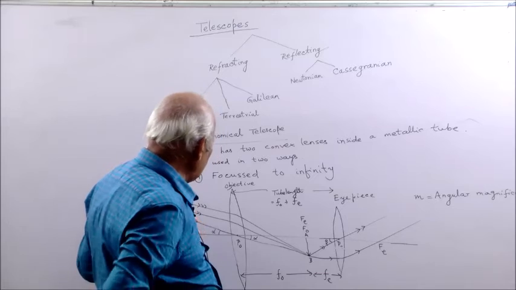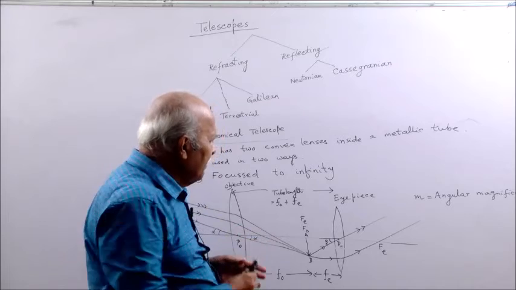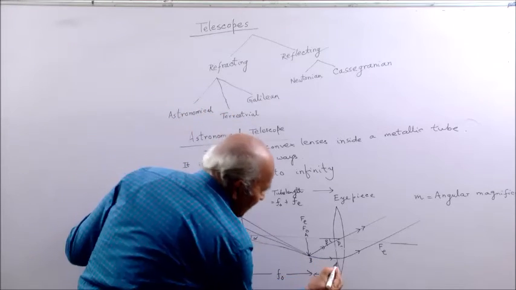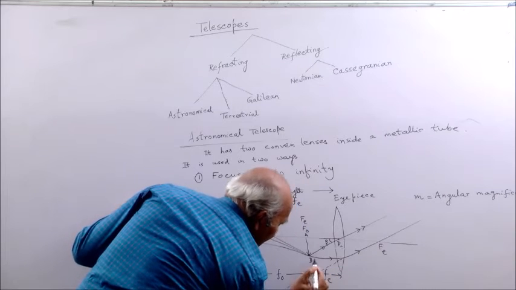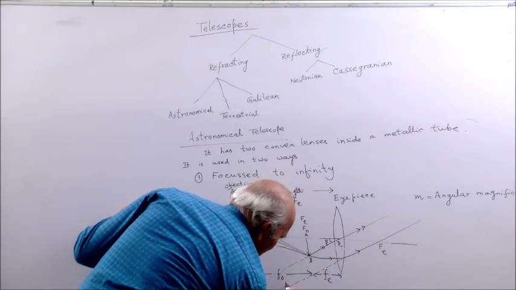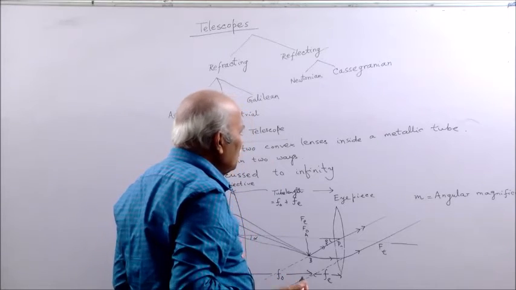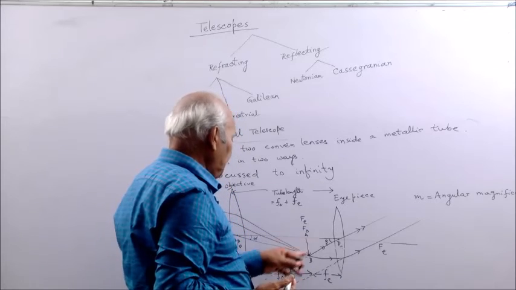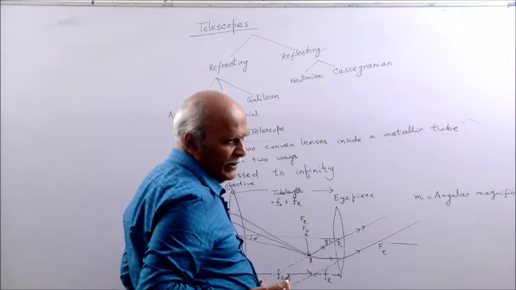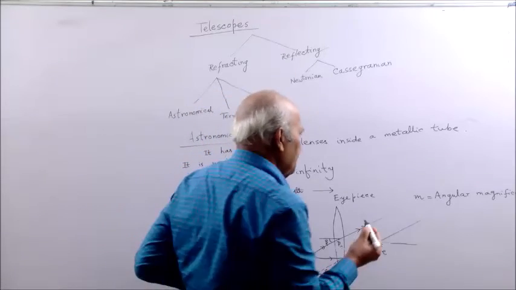Because the object is at infinity, so object distance is infinity, and the image is also formed at infinity, because from this diagram they go parallel to each other, so they will meet at infinity. Therefore, magnification usually is V by U with a minus sign, so it becomes infinity by infinity, which is meaningless. So, that is why we define angular magnification as